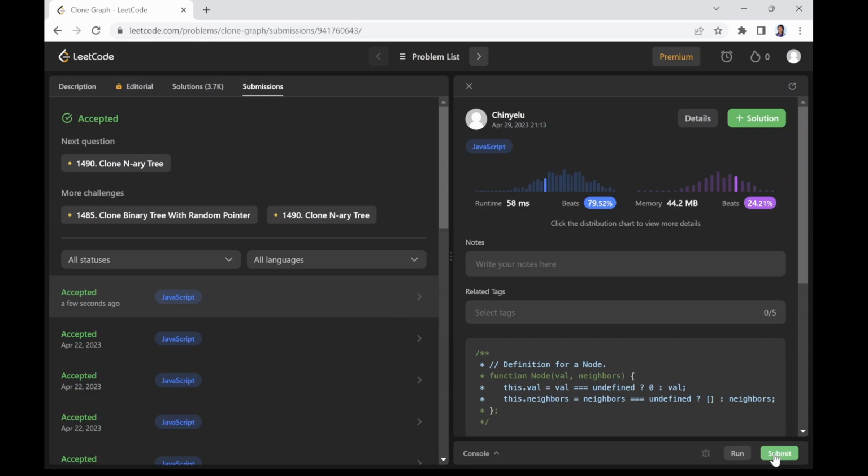Great job! Let's talk about the time and space complexity of the solution. The time complexity of our solution is O of n plus e, where n is the number of nodes in the graph and e is the number of edges. This is because the function uses a depth-first search algorithm to traverse the graph, which visits each node and each edge exactly once. The space complexity of our solution is also O of n plus e, because it uses a